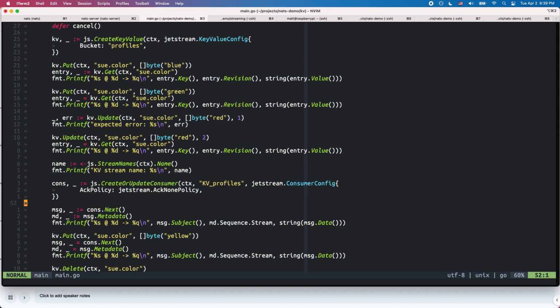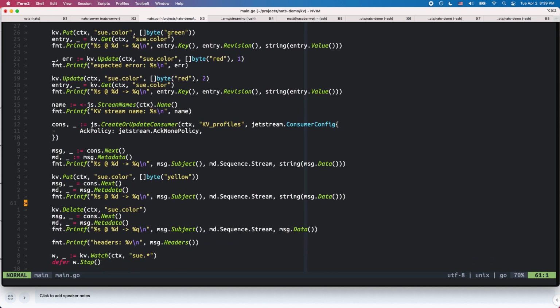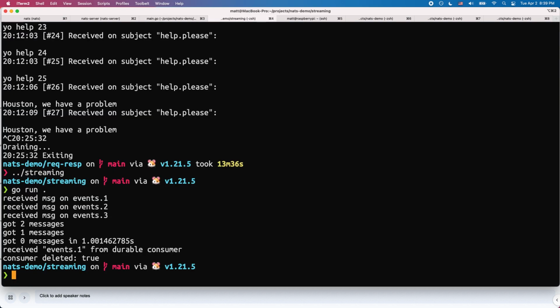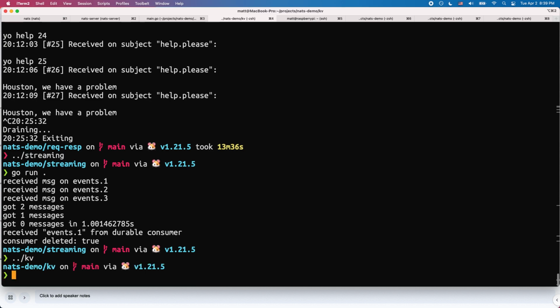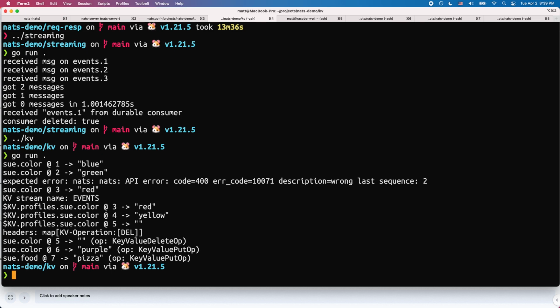So there's like Sue.food, I think, somewhere in here. There's a few things that are sort of blended in here. But it's the stuff you'd expect from a key value store. It's meant to just run it through its paces of being able to do this and show this. What's interesting about this to me when I saw the results, so I'll go ahead and run that. You can also watch it. Yeah, you can watch it, and then the thing that I thought was kind of cool, assuming this all runs,